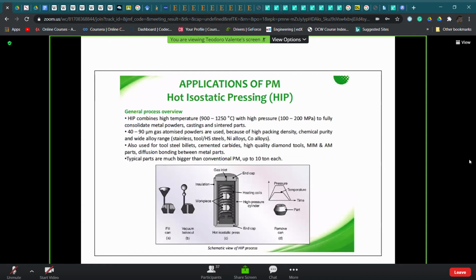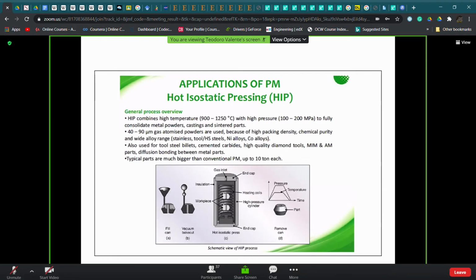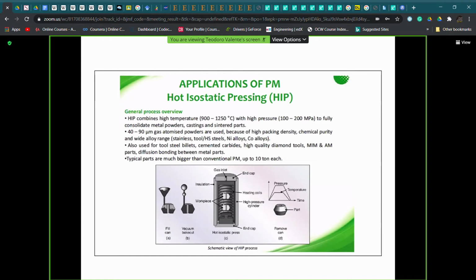The possibility that we mentioned to apply at the same time, during the sintering, both temperature and pressure gives rise to the so-called hot isostatic pressing. This is just to recall to you, because we already started this kind of technology when we discussed some years ago fabrication technology for ceramic materials, in which hot isostatic pressing is the leading technique